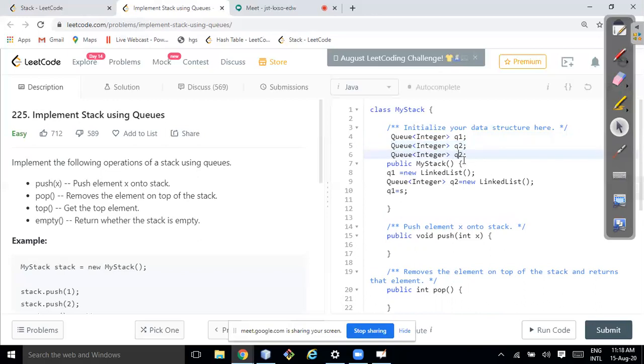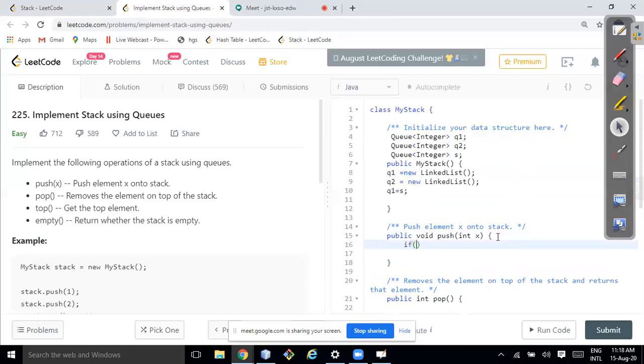This is also a queue, but I'll call it stack. So the constructor will create these two objects, pointing to Q1 and Q2, and S will also be pointing to the Q1 object. Okay. The first method is push.